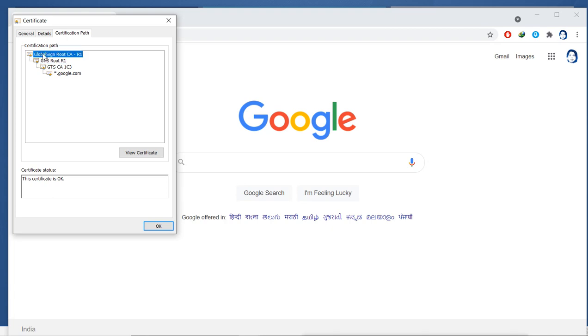Now our browsers know about certificates, like well-known certificates. If I go to the settings, and I go to privacy and security. So here,